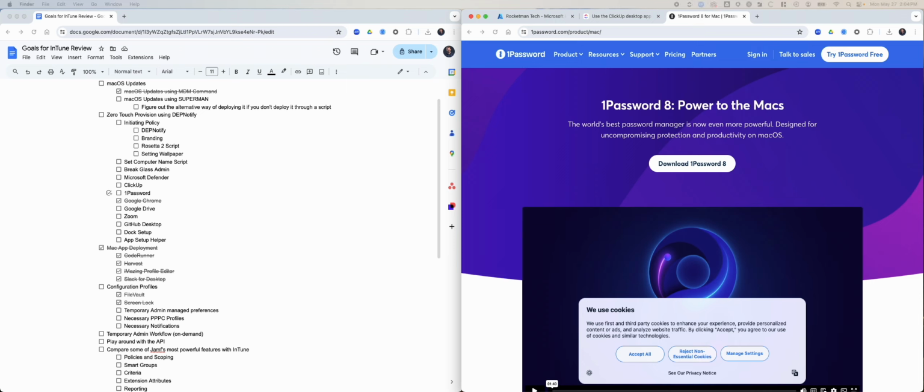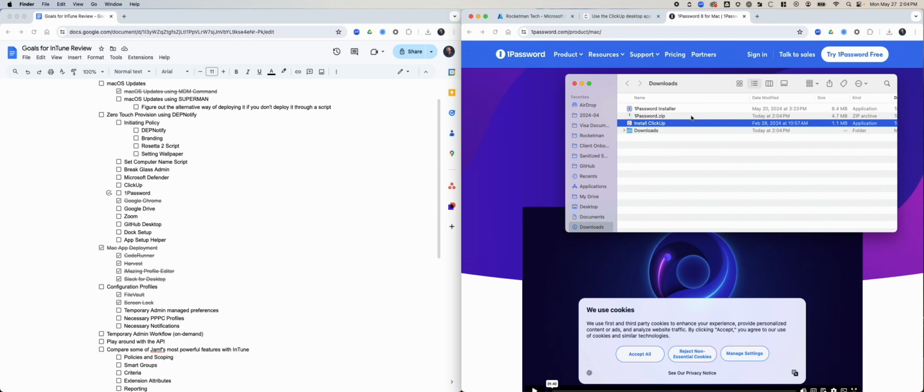Also just an application. Oh, this is an installer. Oh, both of these are installers. So there's different levels of